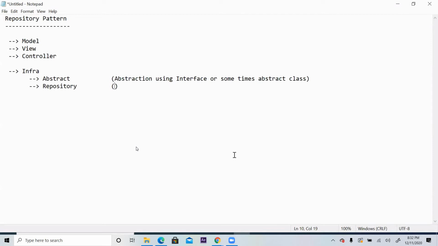Repository, any data access related functionality. So here onwards, your database communication functionality should not be sitting anywhere else. Anything related to database, the functional definition should come here in the repository. Okay. You will call that function there, that is a different story. But the functional definition of database communication should sit in the repository layer.